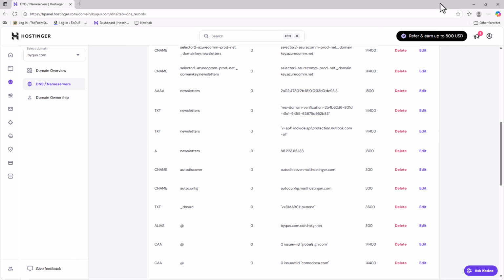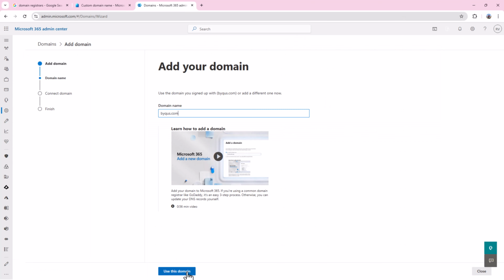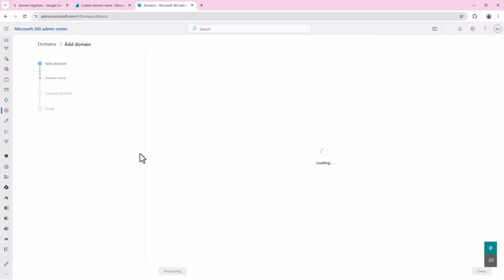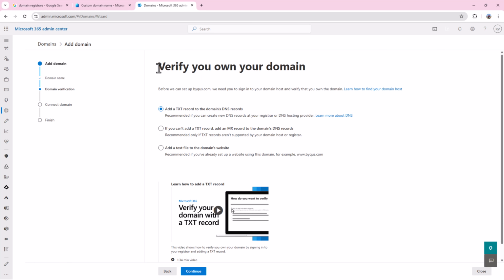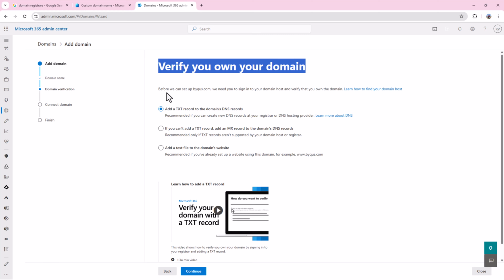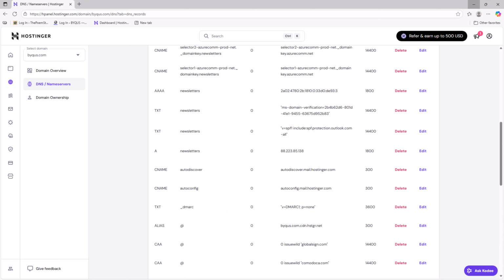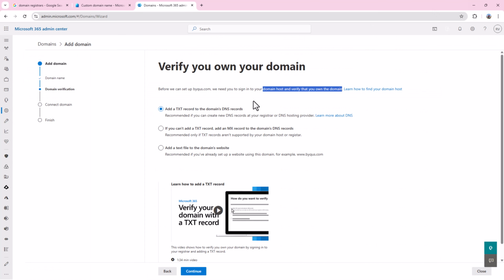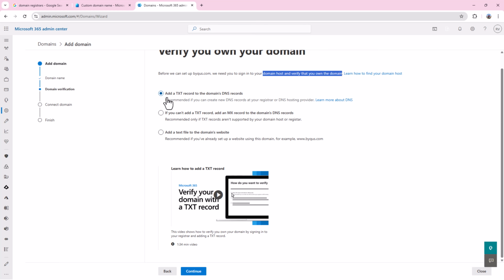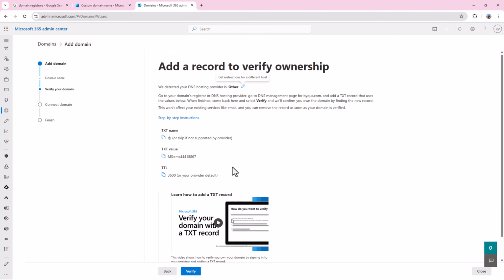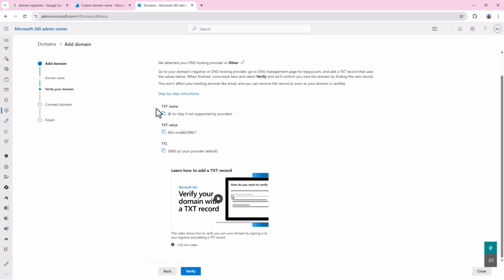Now we will use this domain. Now verify your own domain. Before we can set up byqs.com, we need you to sign into your domain host and verify that you own the domain. It is simple. You cannot put any domain and then start sending email from it. So we are logged in here and the option is add a TXT record to the domain's DNS record. Let us continue and it is giving us the TXT name,